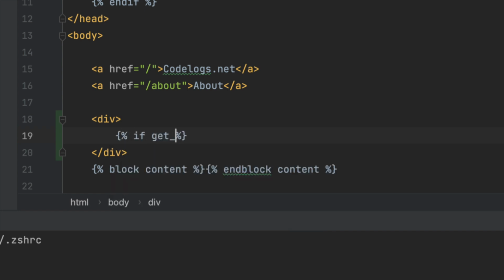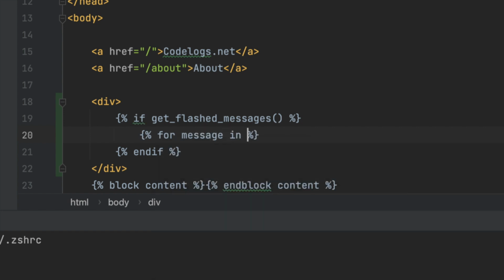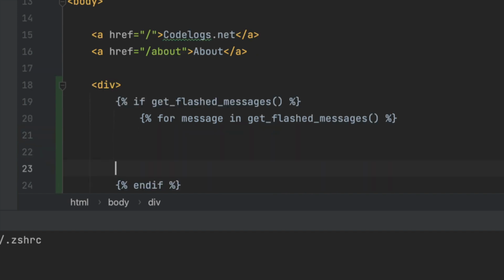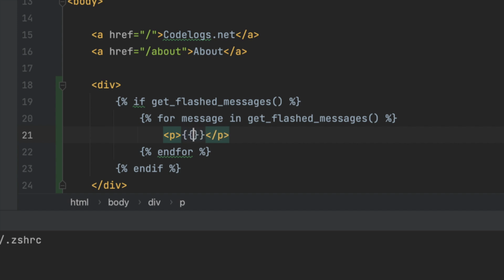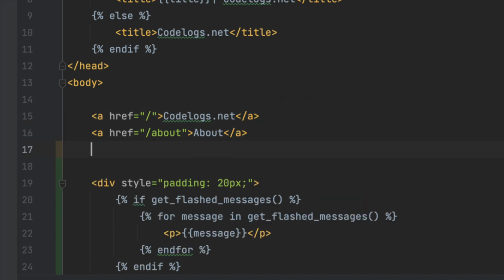So we'll say if get flashed messages, if there is a flash message, we will say for message in get flashed messages, and we're gonna say here message and style here adding pixels. Also here we will write a link